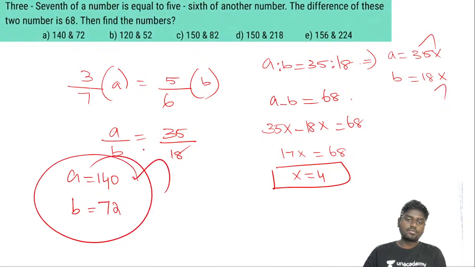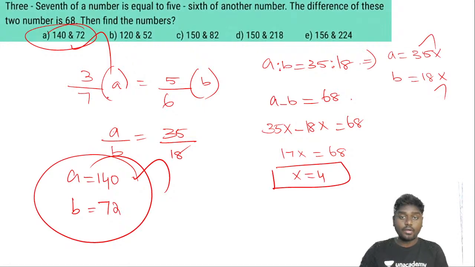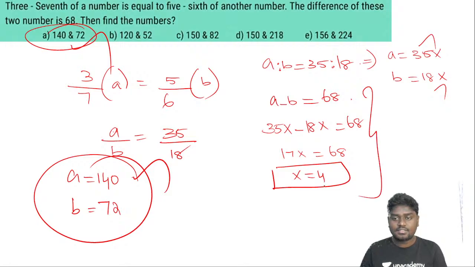So the answer for this question is absolutely option A. Very good guys, it is absolutely option A. 140 and 72 are the two numbers. Cool. Okay, the other way of doing it, let me tell you, without even approaching with these many steps,